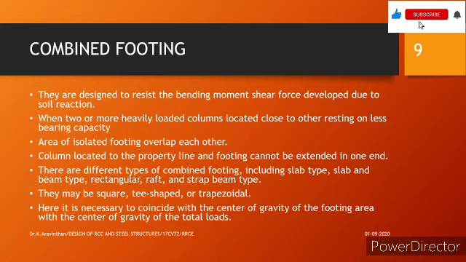See, in one column you are having a higher load, say for example 1000 kilonewton, and in the other column you are having a load of 500 kilonewton. See, there is a large difference between the two columns. You have to have a common footing for the columns. In that sense you can have a trapezoidal footing. So on one side you will have a larger width, and on the other side you will have the smaller width. So that is why, according to the load type, there might be a change of the size.